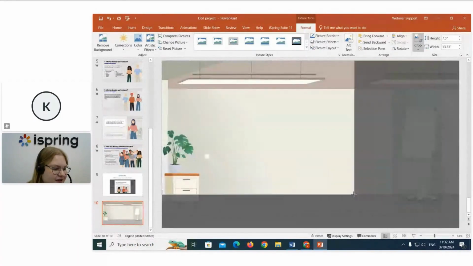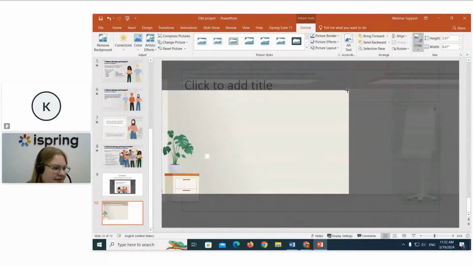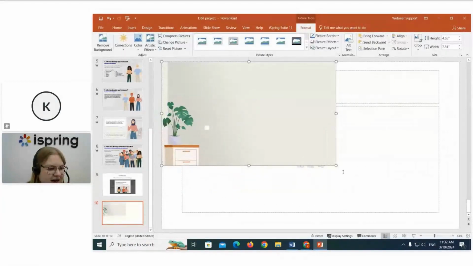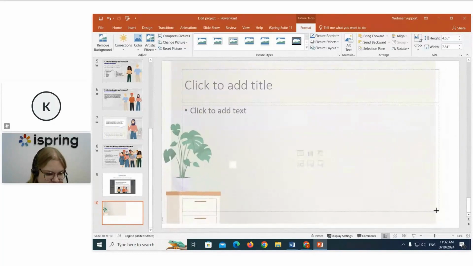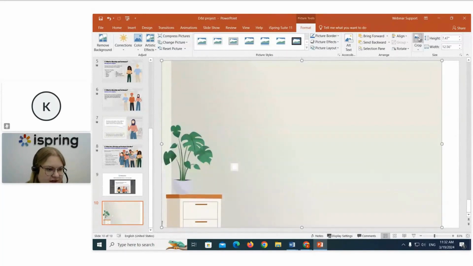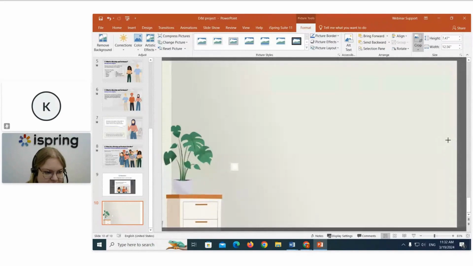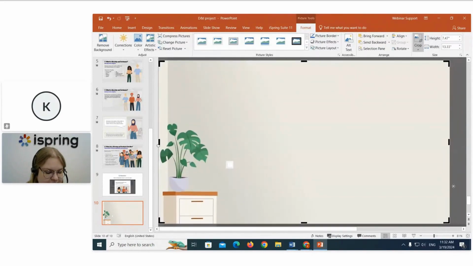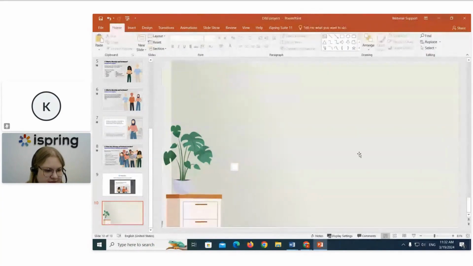So let me crop it. So I only have a plant and some part of the wall. The empty wall where I can add some more objects. Okay, let me adjust it this way. All right,